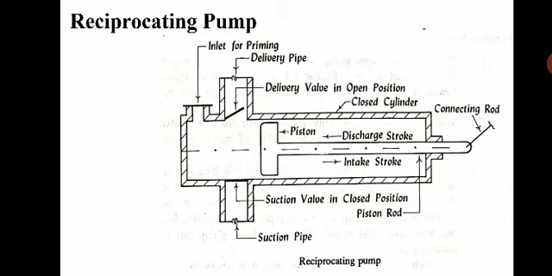The advantages of the reciprocating pump are that it gives a constant discharge under variable heads of water, it is suitable for large pumping units, and it is durable and flexible. Then the disadvantages: the initial cost is very high and it requires more space for installation because the size is big, and it needs skilled supervision during its operation.